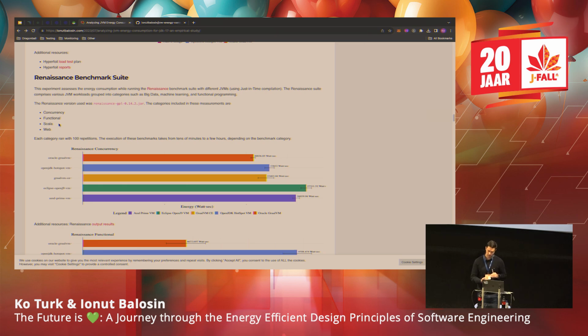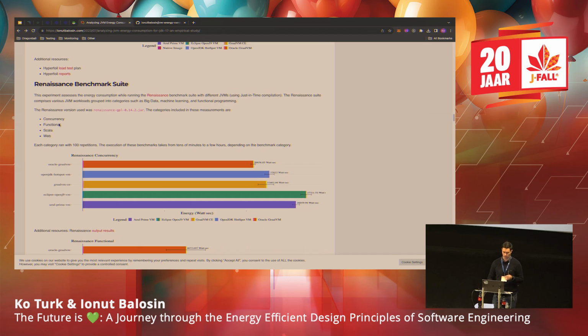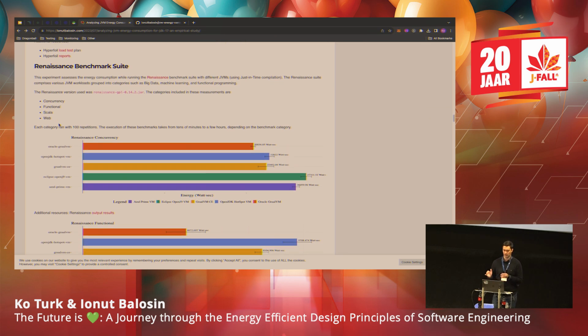In comparison with the previous Quarkus and Spring, which ran like 50 minutes, these are long-lasting applications, because each of them ran for at least 1 hour. For example, the concurrency, if I still remember, took like 5 hours to run. So it's really a lot. And we measured the energy consumption during all of this period.